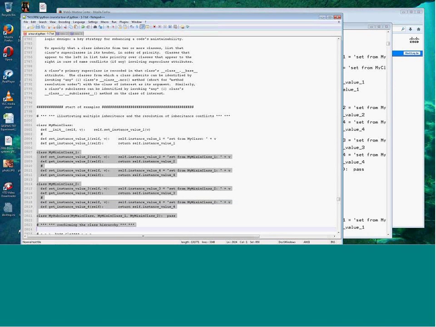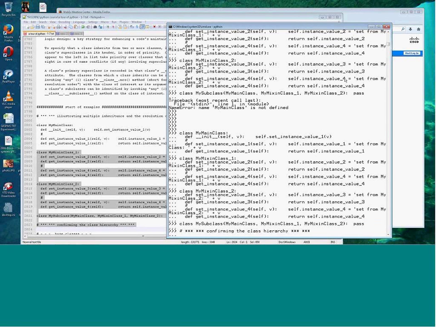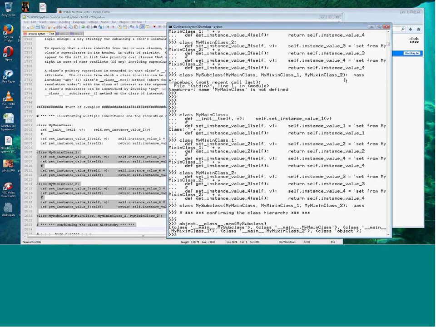If the name is not found, we'll then check in Mixin 1, then Mixin 2, and finally go up to the top of the hierarchy and look at object. There are 4 local methods that collectively, these 3 superclasses of my subclass define: 1, 2, 3, and 4. According to method resolution order, 1 should be pulled from my subclass, 2,